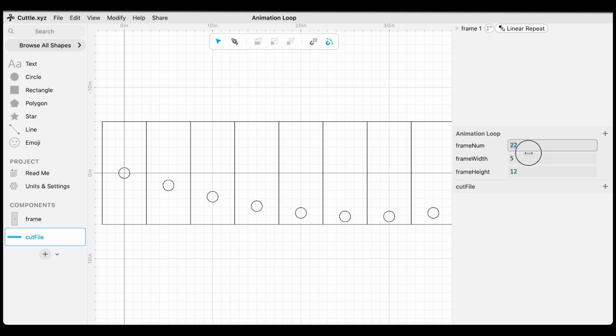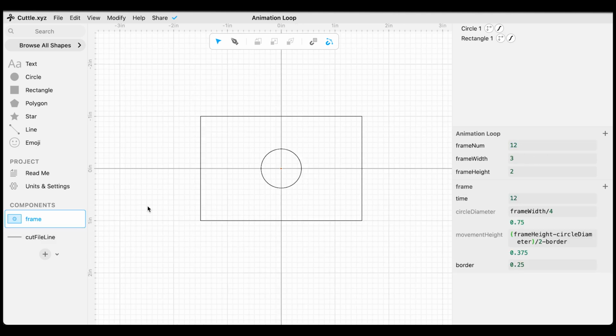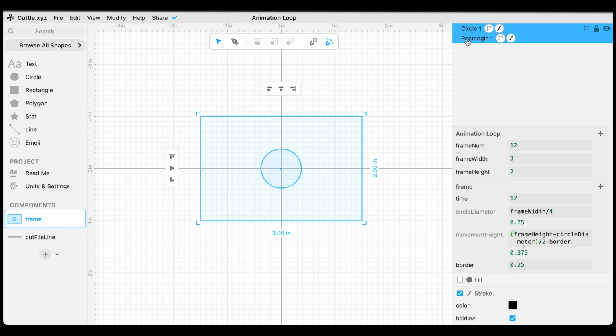And you can sort of create your own animations in those forms. Now I will prep this for exporting an actual cut file. So I'm going to come into my frame, select both of these shapes, and with circle above rectangle, I'm going